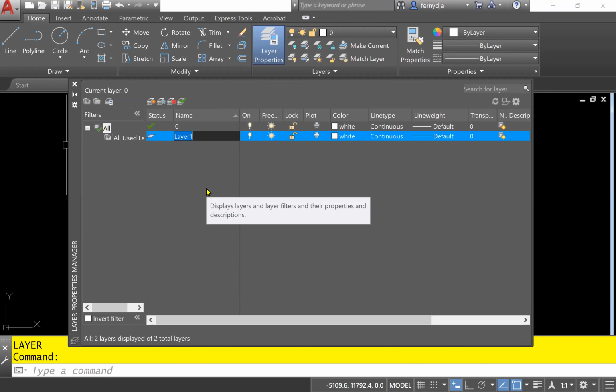And when you finish typing, to go to the next one, instead of clicking on the icon, you can just press the comma on the keyboard and it will just jump down and start another one. So I'm going to go with the first layer, which is A-DIMS. Now it doesn't matter which one you type first, second, third, fourth, it will automatically sort itself in alphabetical order. So I'll just go in whichever order I remember them. So once I finish typing, I just press the comma on the keyboard and it will automatically add another one. So I'm going to type A-TEXT,